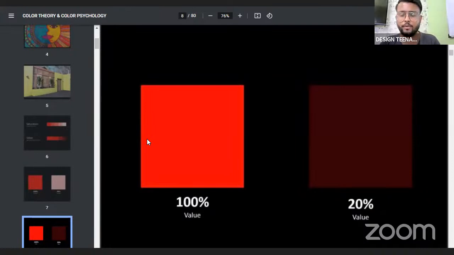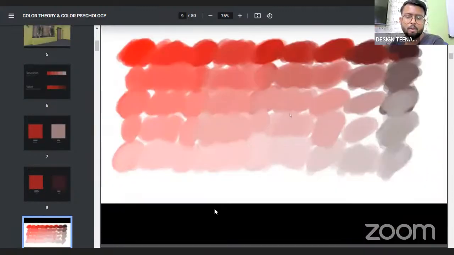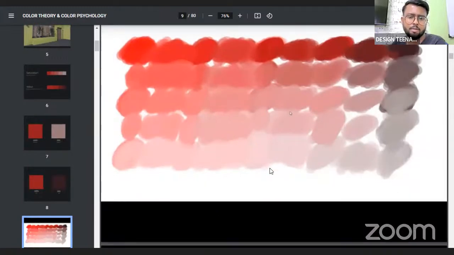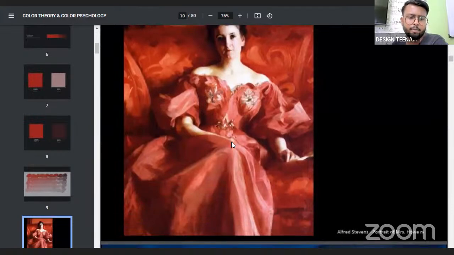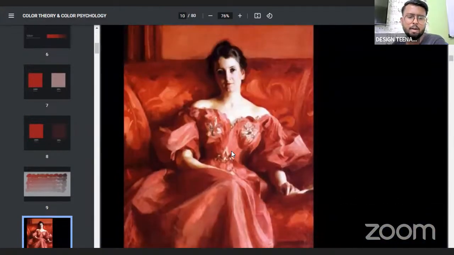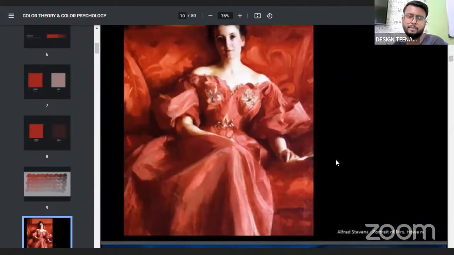Just on your phone, if you try to increase your brightness level and decrease it, you will see that after doing it two times, automatically your picture, whatever color you take, will be black. If you do it the other way around, vice versa, it will be completely white. Now we have a few examples from whatever we have quoted or seen, and a beautiful portrait, and from here our next part starts.